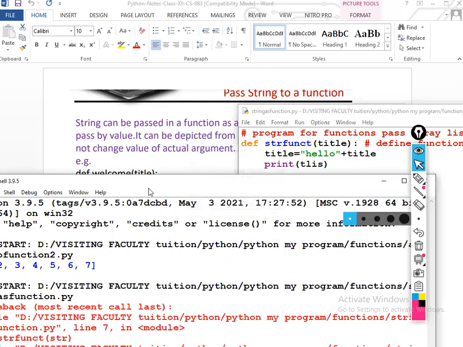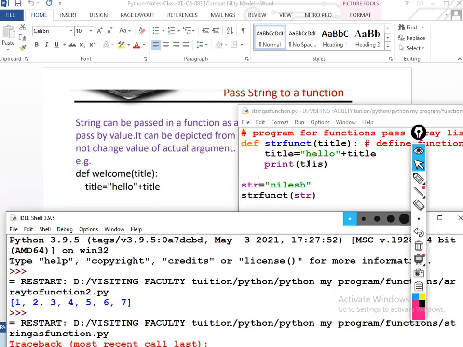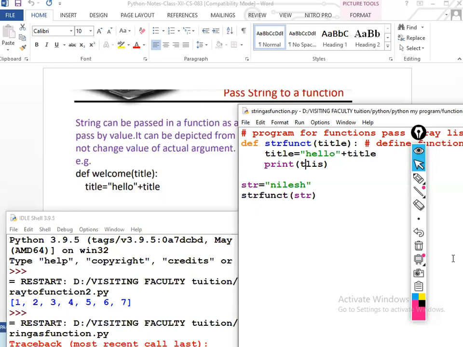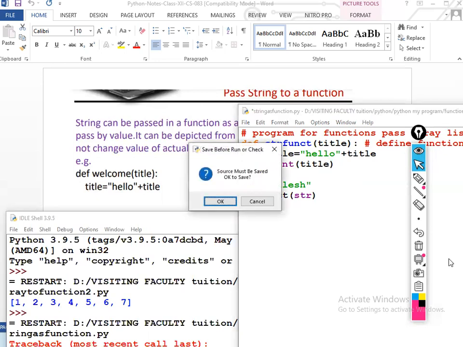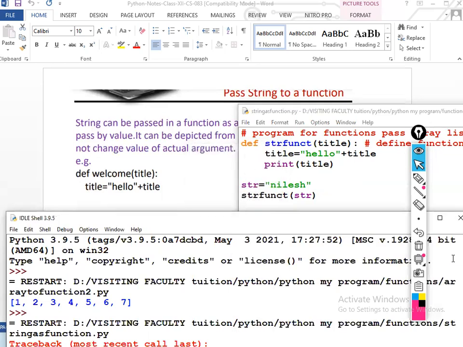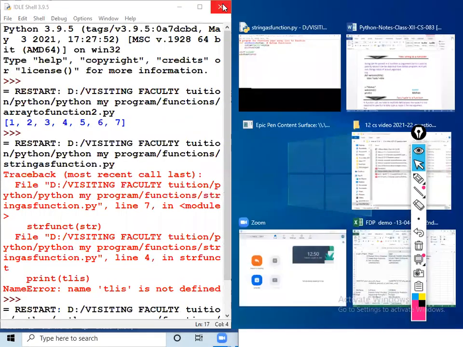Indentation will not run. Hello Nilesh. I'll run it again.